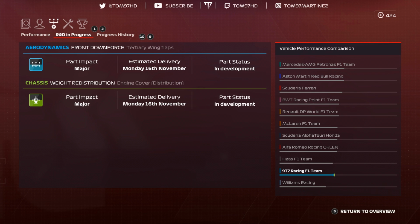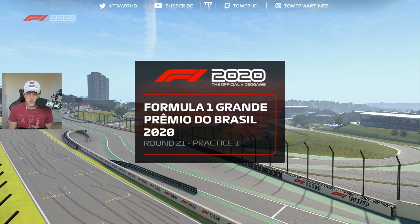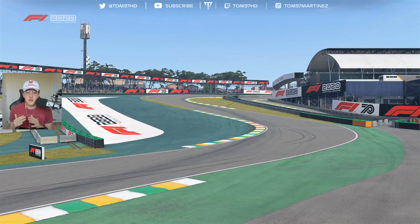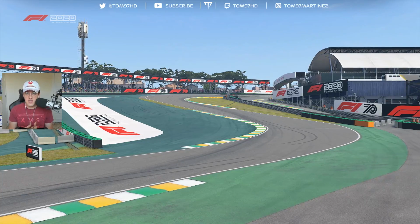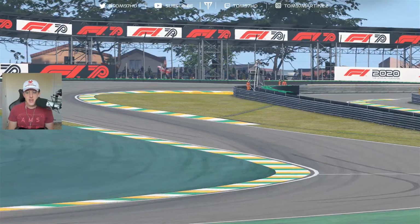But in terms of future upgrades, we have two more major upgrades arriving on the 16th of November, which is just before the final race. So we've got one for the chassis and one for the aerodynamics on the same day before the final race. Hopefully, fingers crossed, knock on wood, nothing goes wrong and they both arrive, because if they do, we should leapfrog Haas and be quite close to the cars ahead of us heading into the final race at